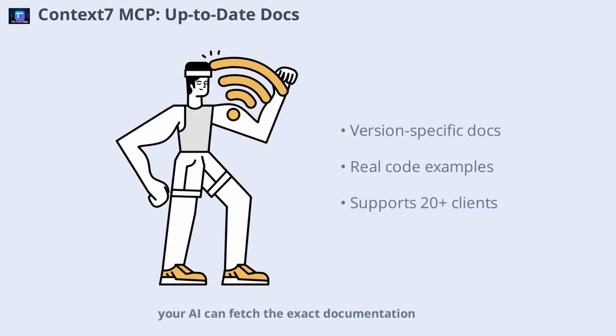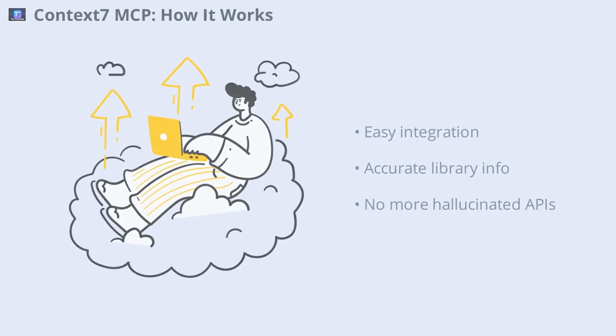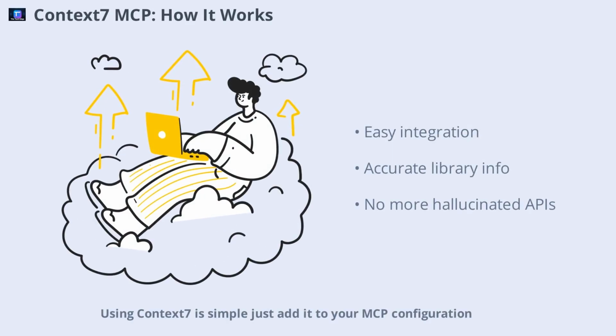With Context7, your AI can fetch the exact documentation for the library and version you're using, eliminating hallucinated APIs and broken code. It supports over 20 clients, making it one of the most versatile MCP servers available. Using Context7 is simple. Just add it to your MCP configuration, and your AI can fetch up-to-date documentation and code